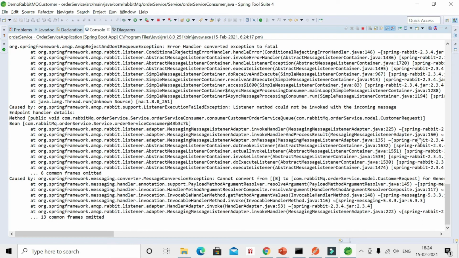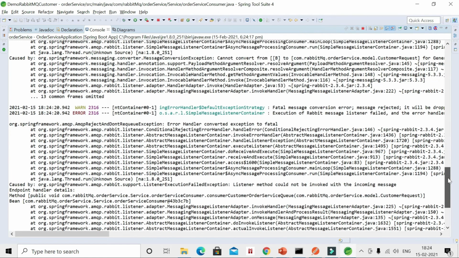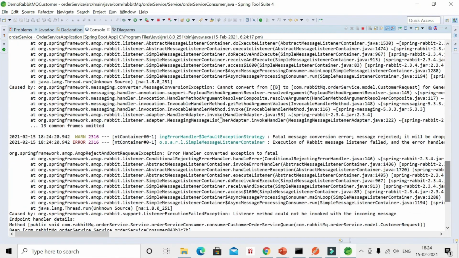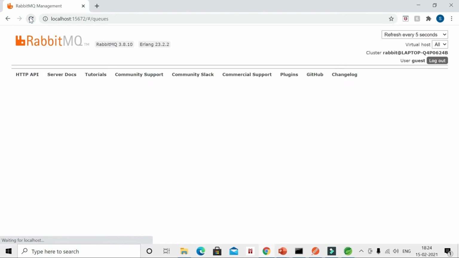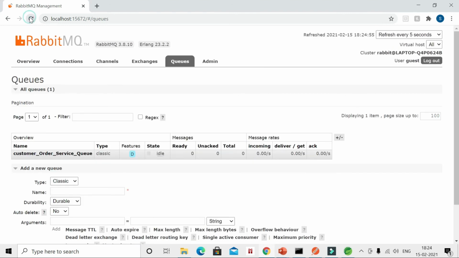So see here it is showing: cannot invoke with incoming message. It's not able to convert our JSON request. See, all the messages are gone, right? All the messages were consumed.